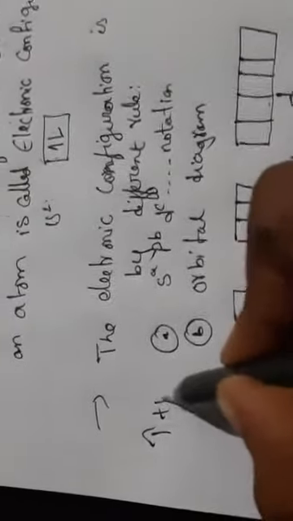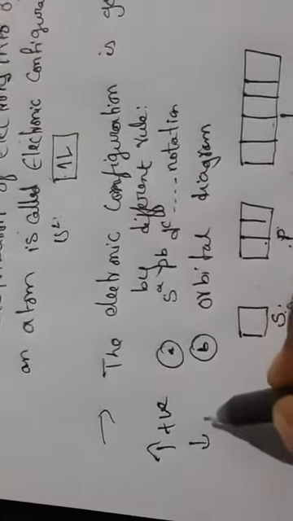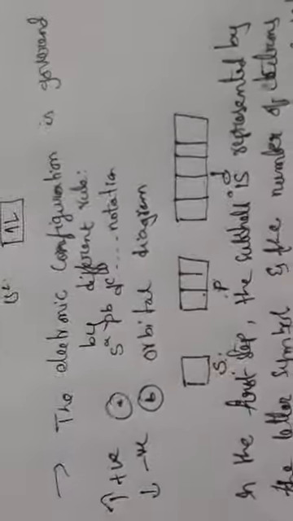Each subshell, means each orbital of the subshell, is represented by a box, if you have observed. The electron here is represented by an arrow with positive spin or negative spin. If the arrow is pointing like this, it is a positive spin. If the arrow is like this, it is a negative spin, which is in the opposite direction.